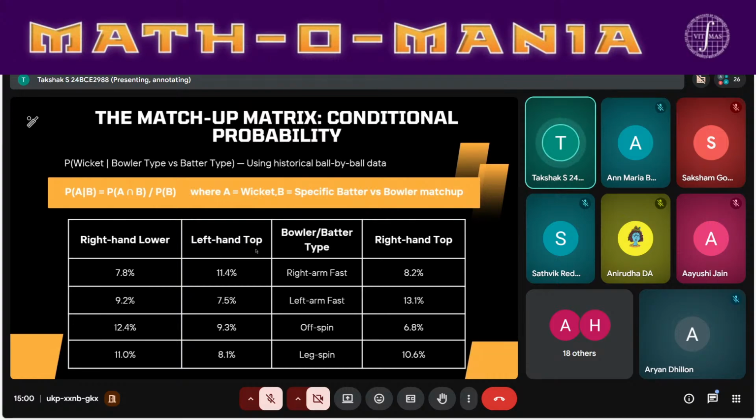So from this matrix, we can see right arm fast bowling against a right-hander top order batsman produces a wicket probability of 8.2%,